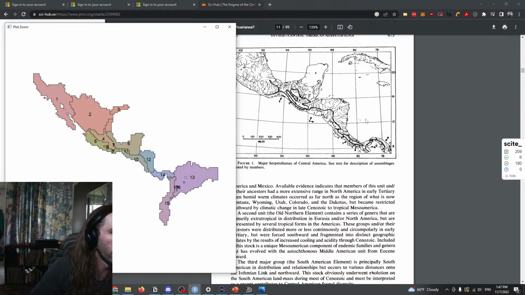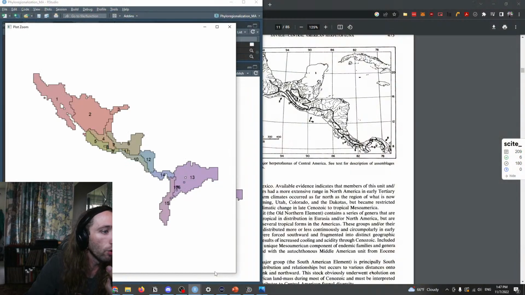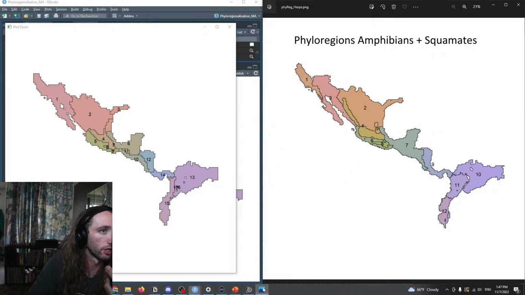Again, this is what Savage was getting, but here is what my old results were looking like. My old results were looking like these, where it's all one big thing, and I didn't like that. I still had this north-south split, but it was not really elucidating what I wanted out of these regions. However,